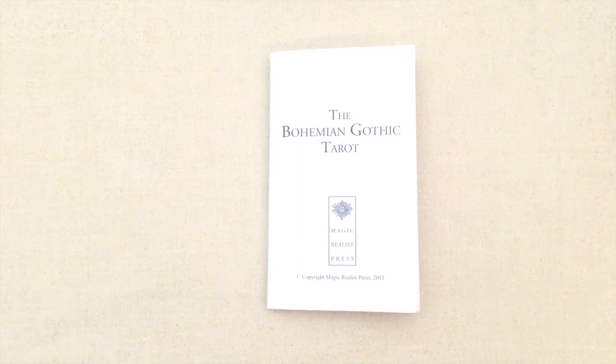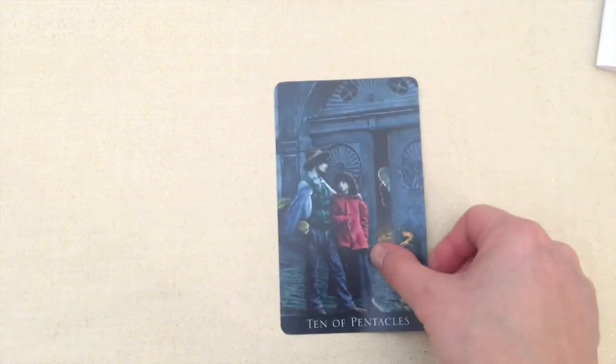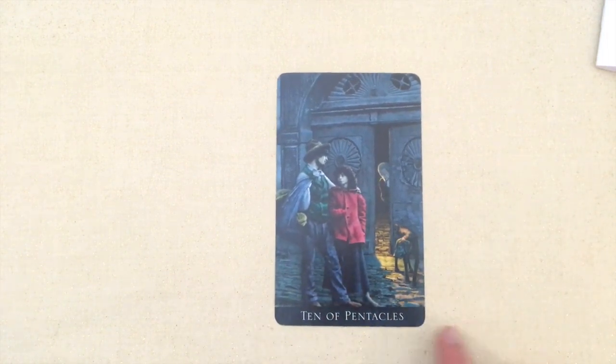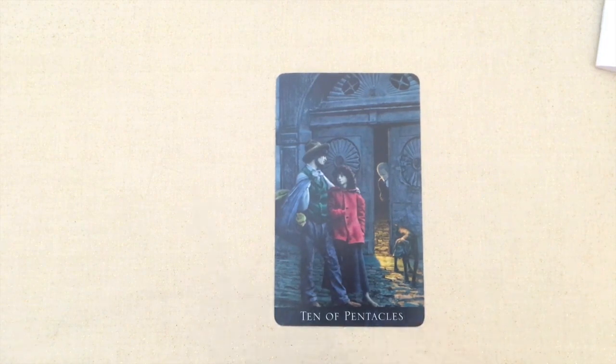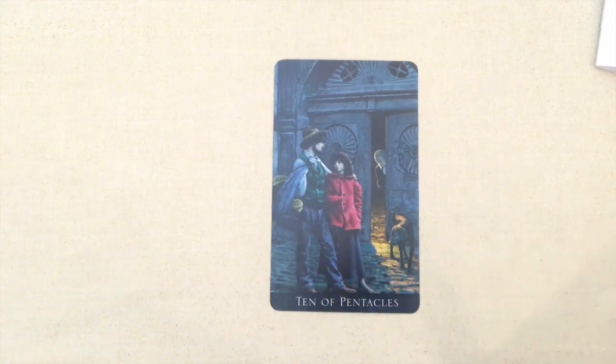That was my approach. Like, okay, if I'm going to delve into this world, it has to be with the idea that this is the norm. This is the everyday. And so then, when I would get a card like this, which with standard RWS meaning is supposed to be a pretty positive and light card, and you're seeing this image, which to me isn't light at all, through changing my perspective, I was able to say to myself, okay, well,